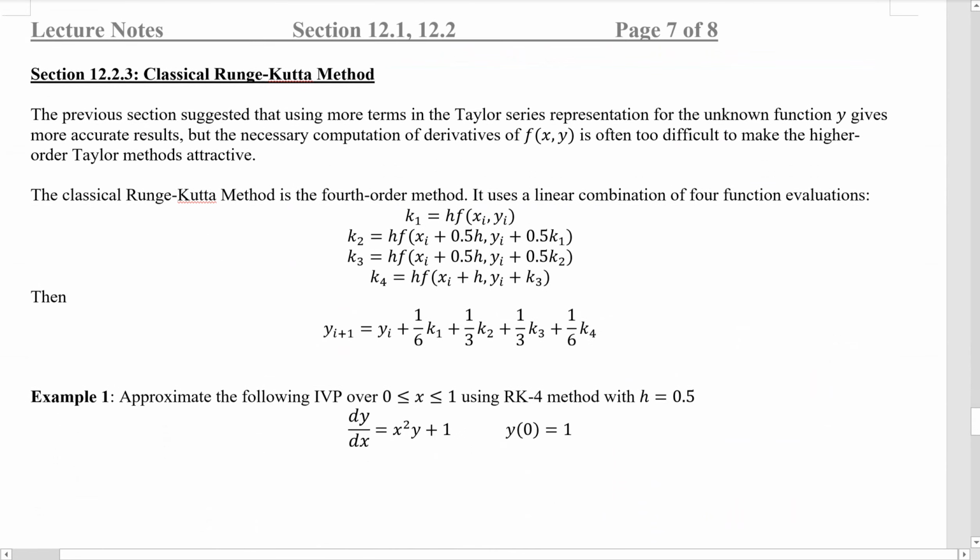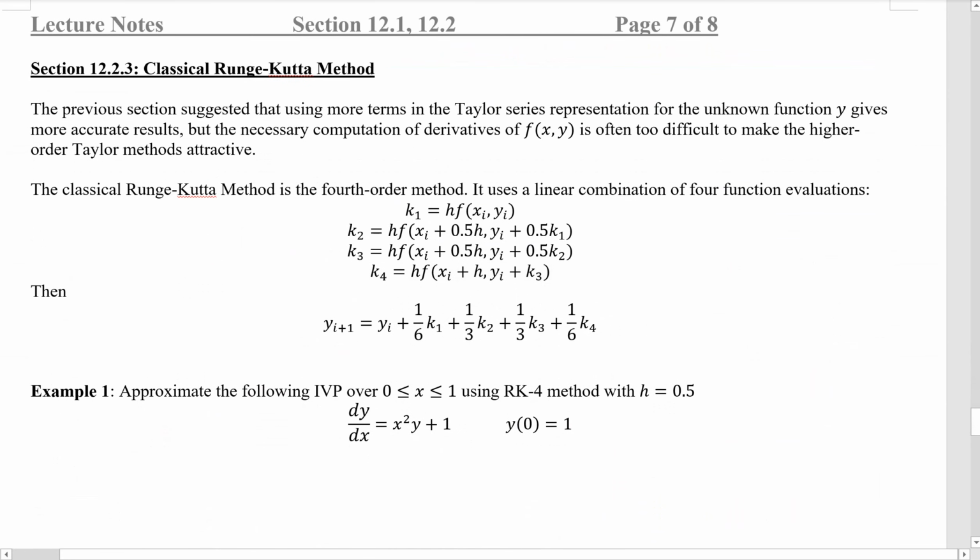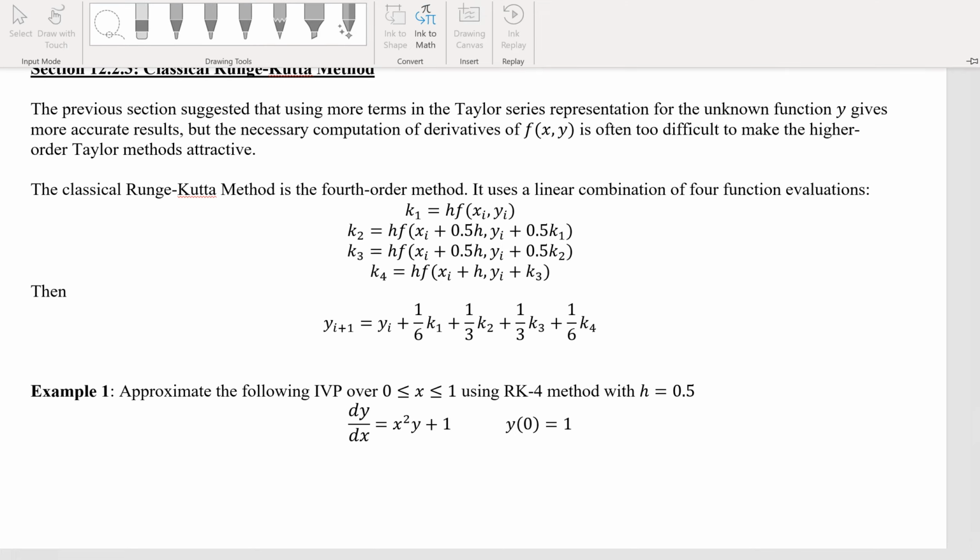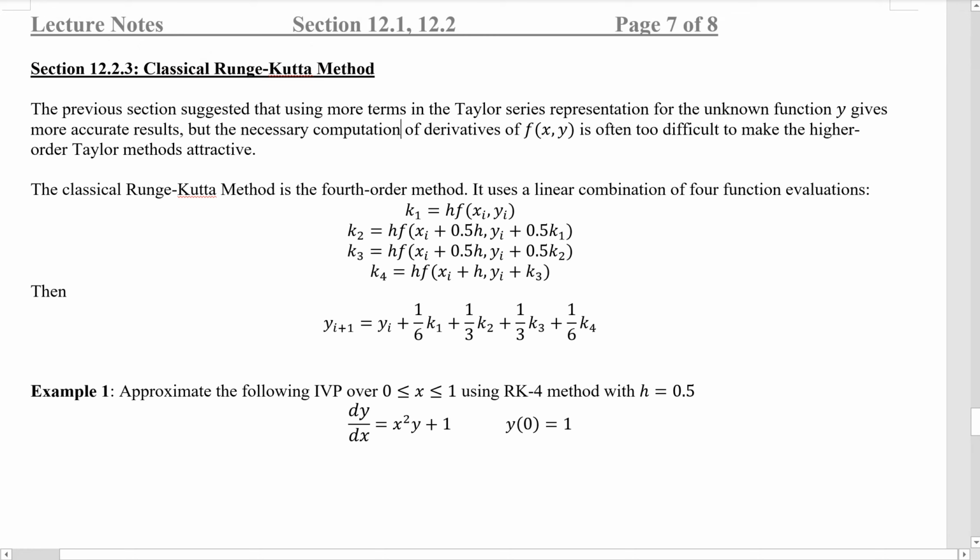So today we're going to introduce the classical Runge-Kutta method, and it is a fourth order method. So what does that mean? What does fourth order method mean? If you can remember,